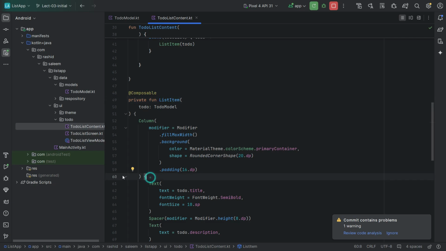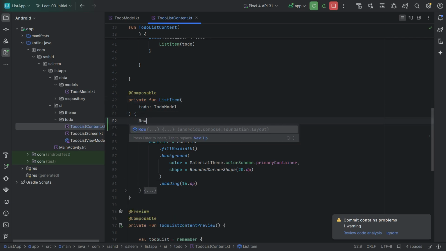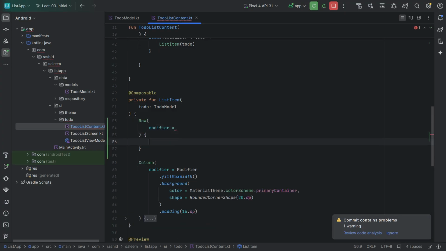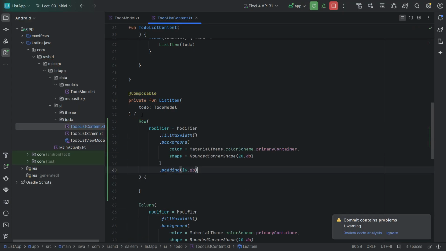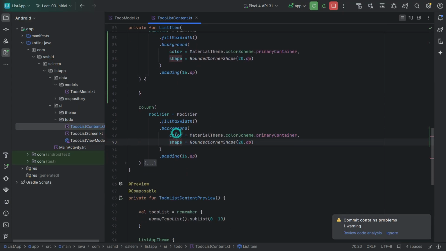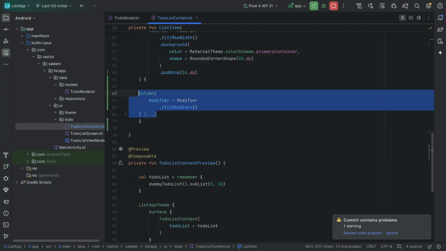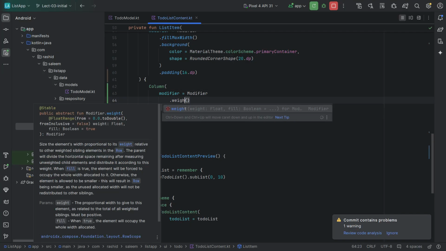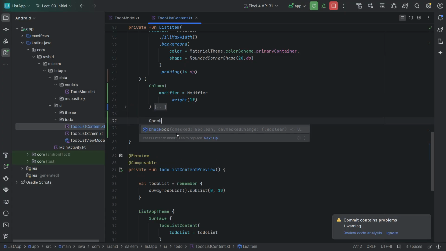So we will wrap this column in a row, modifier. Copy this modifier, paste it in here, and remove these extra properties from here, and move this within this row, and provide weight 1f to this one. And in here we show the checkbox,